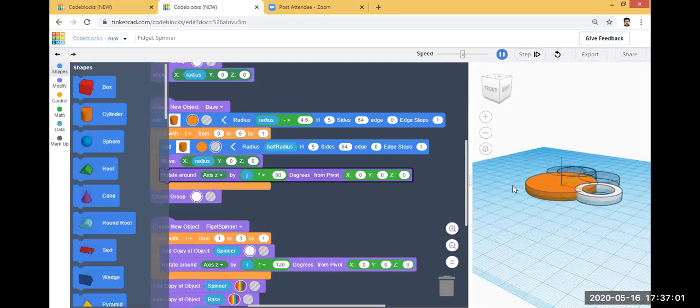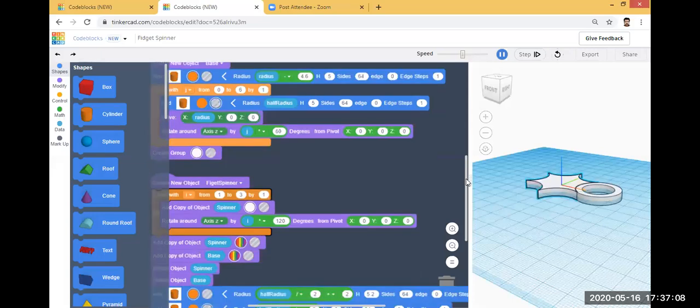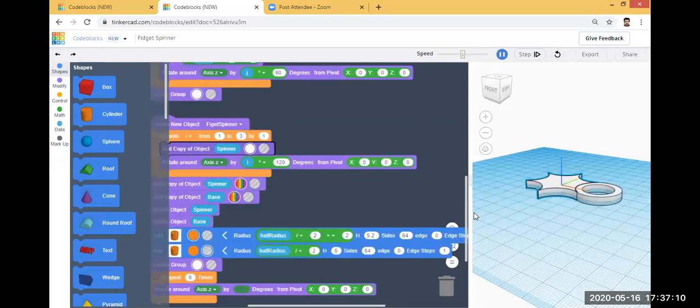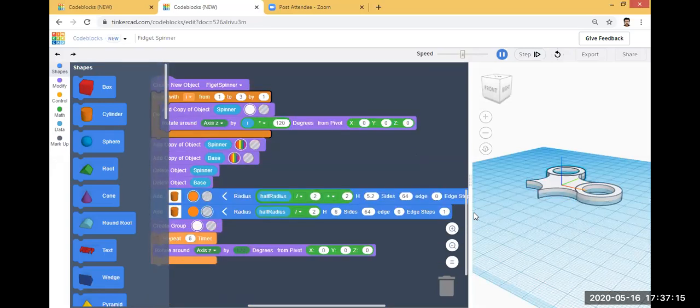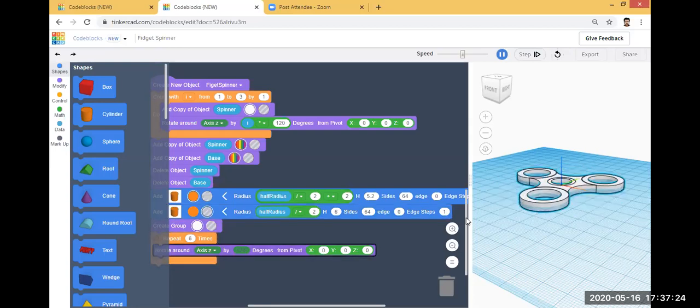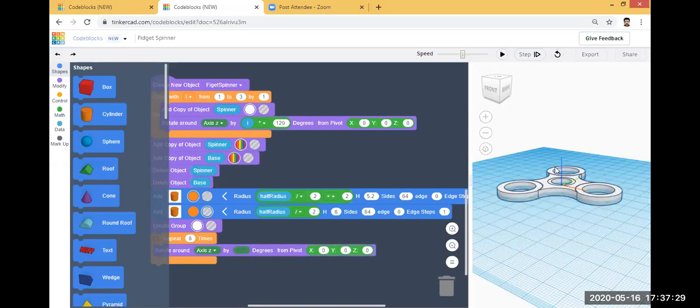You can see in the right side the creation of the fidget spinner. And finally, in the central line you can see repeat 6 times and rotate about Z axis.